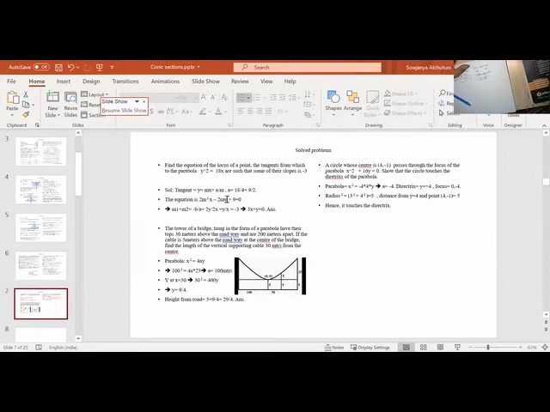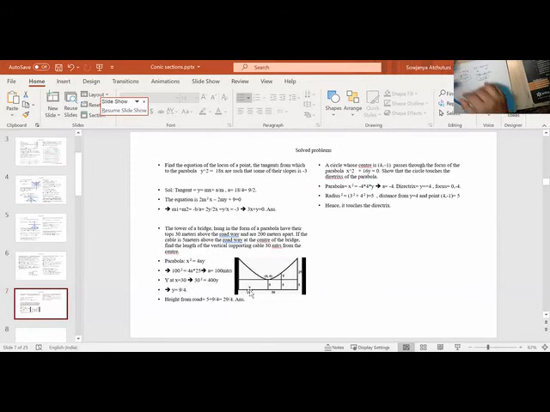This equation is a quadratic equation. What is the sum of the slopes? Minus b by a is y by x. What is a here? 2m square. Because this is quadratic in m square, I am finding m. This is 2x, this is minus 2y, so y by x. So we got this as the equation of the locus of points where the sum of the slopes is minus 3.